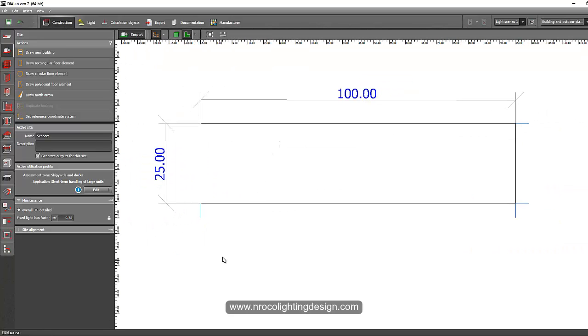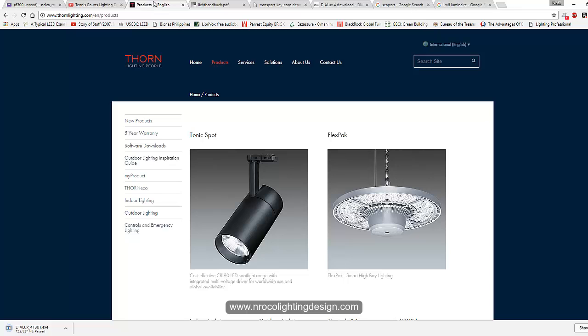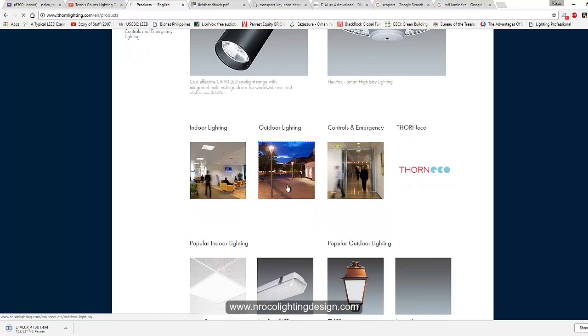So let's go and select the luminaire. So you mentioned that it is 400 watt LED with 110 lumen output per watt or efficiency. So let's go and select for fitting. Let's go and check it here at Thorn Lighting. I don't know any brand, so let's just use for now this Thorn Light fittings.